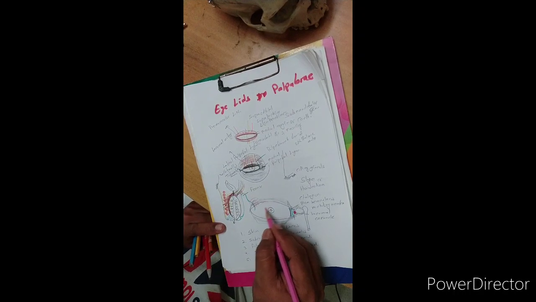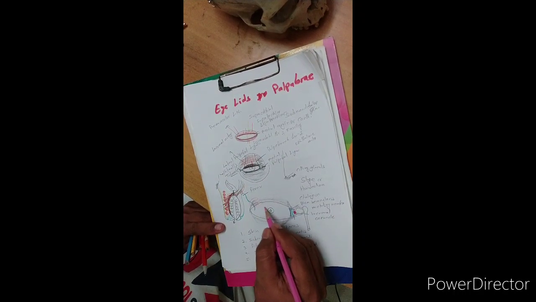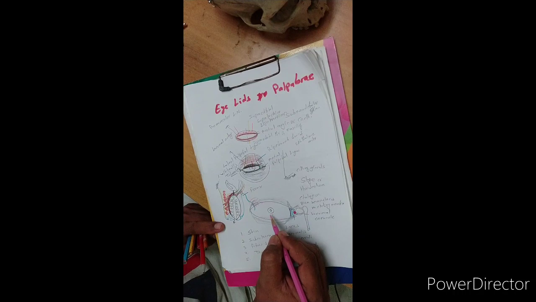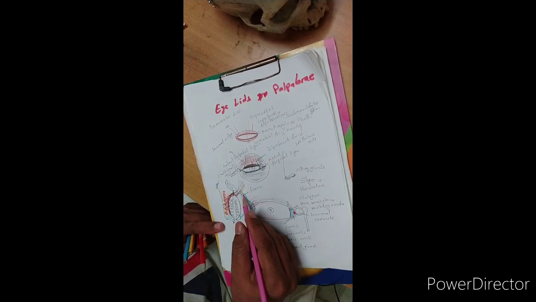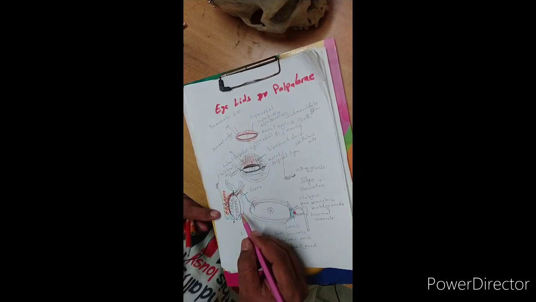It covers the eyeball or the sclera, so free movement occurs between the ocular conjunctiva and the eyeball, because it is very loosely attached and a gap is formed. It reaches the sclerocorneal junction, and at the sclerocorneal junction this conjunctiva continues with the stratified squamous epithelium of the cornea. So this is how the conjunctiva starts, passes towards the fornix, then reaches the ocular part. So this is the palpebral conjunctiva.